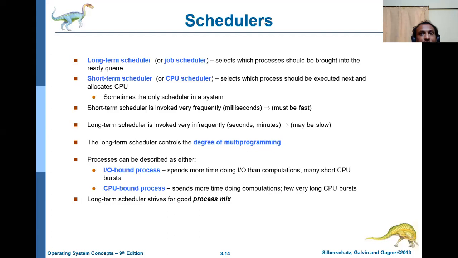The first category is the jobs where, once execution has started, it will not stop, whatever it may be. Anything can happen, but I'm not going to stop my execution until I complete my work. That is the first category of works: once the process has started, it is not going to stop its work until it completes the task. The second category of works is one that will be interrupted very frequently.